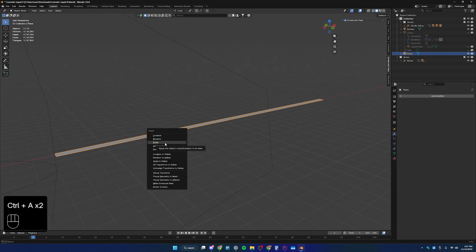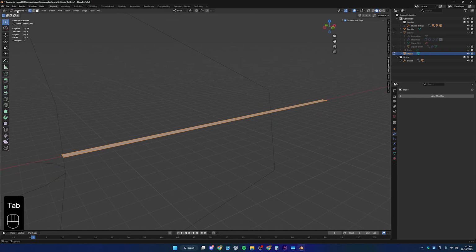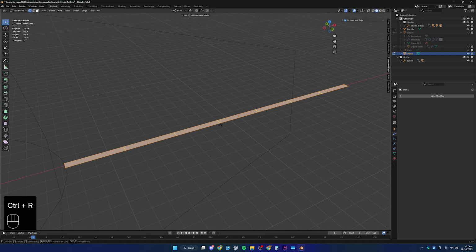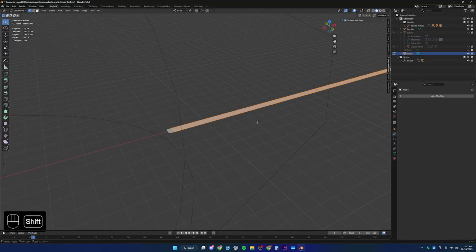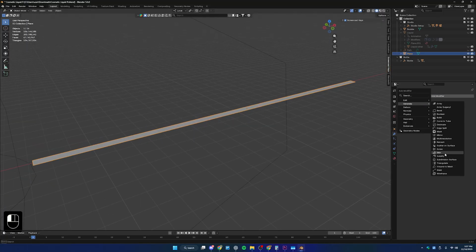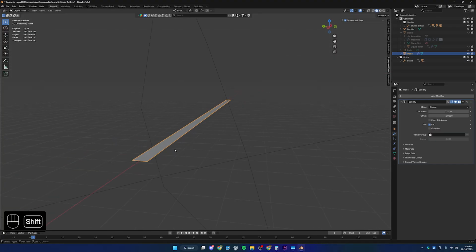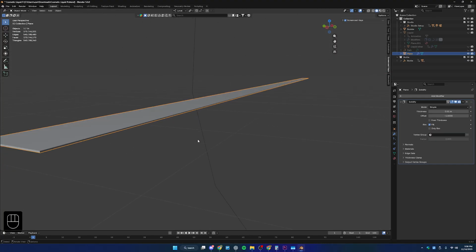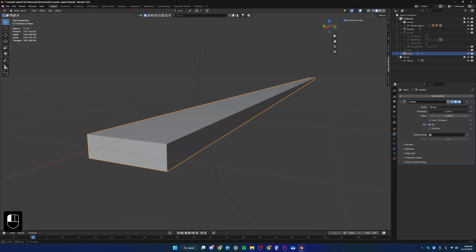So then I'm gonna go apply my scale, and then we jump into the edit mode. And so I'll add a loop cut, a couple of loop cuts. Actually, you need a considerable amount of loop cuts. So then I'm gonna go apply another modifier. This one's going to be solidify. So we are getting a little bit of solidify to this, and so I'll increase the thickness